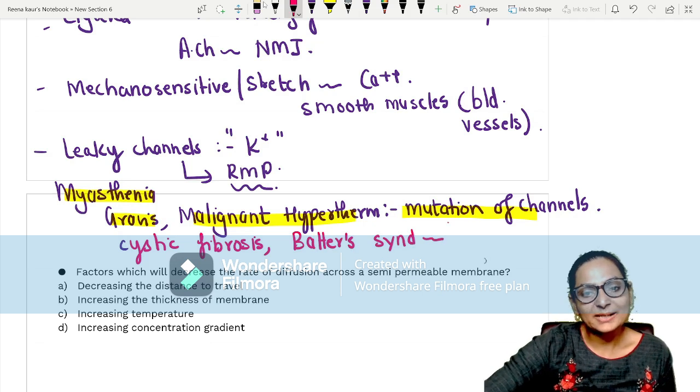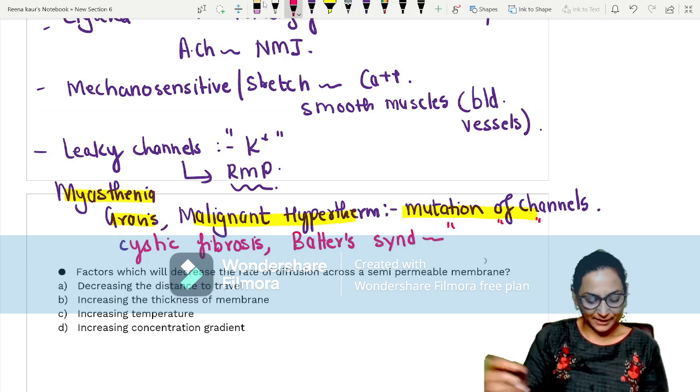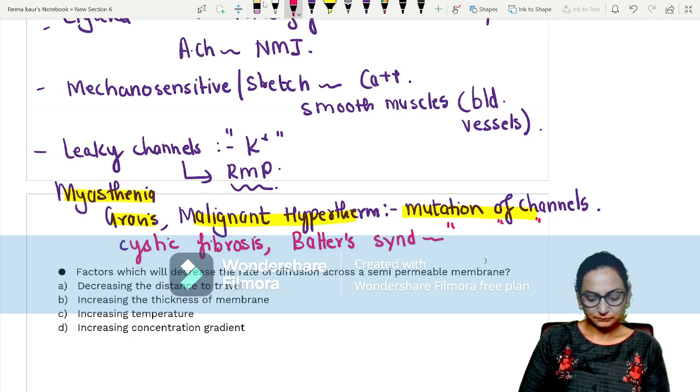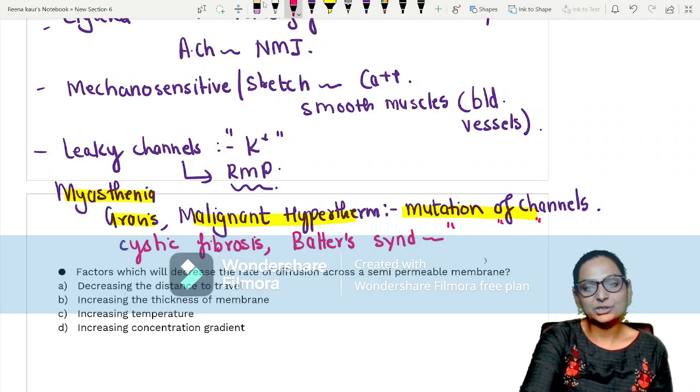They are also examples of mutation of channels. What is the problem in them is that there is a mutation of a channel. Right? Now we will come across